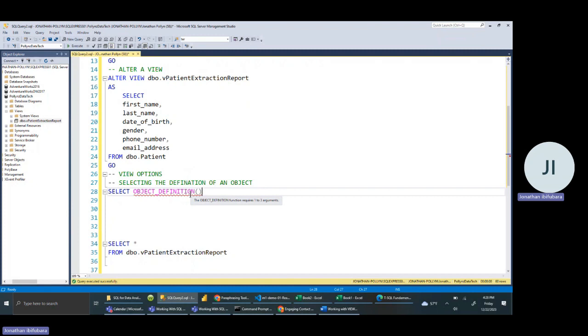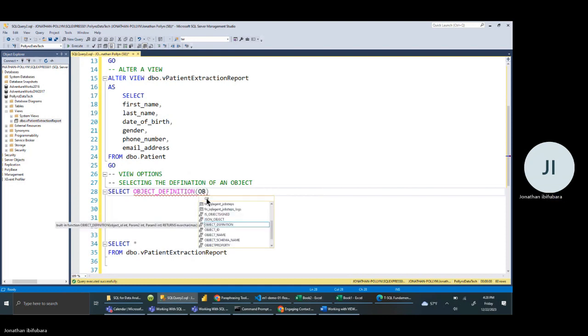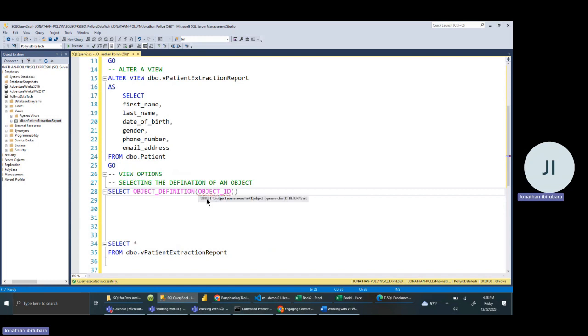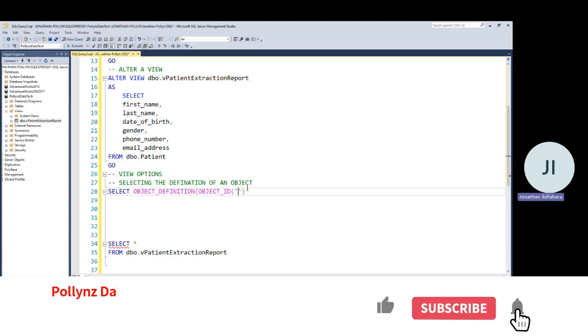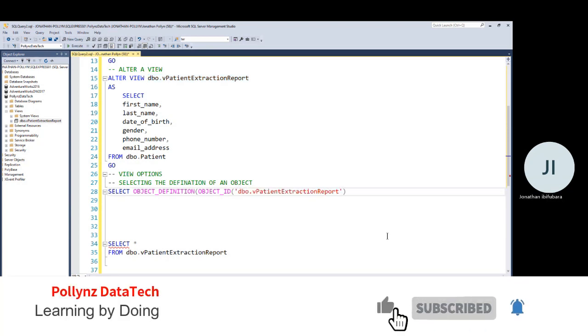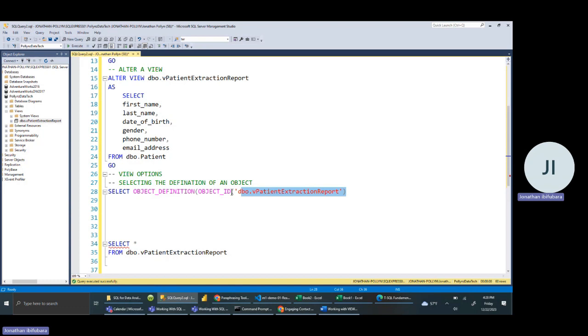I'm only going to supply one argument, and that argument is the object ID, being the view that I need, and that view is this view. I'll put a single quote because it is a string. So if I run this now,